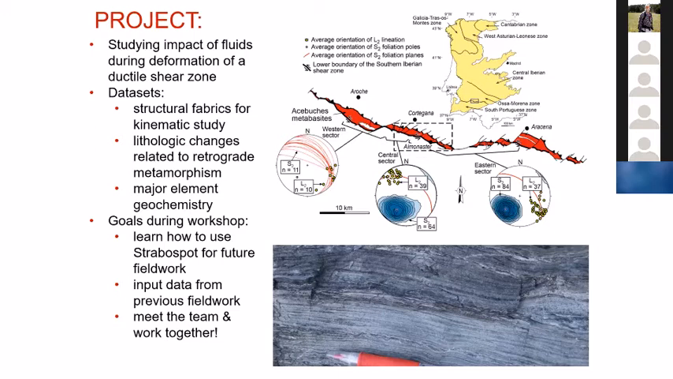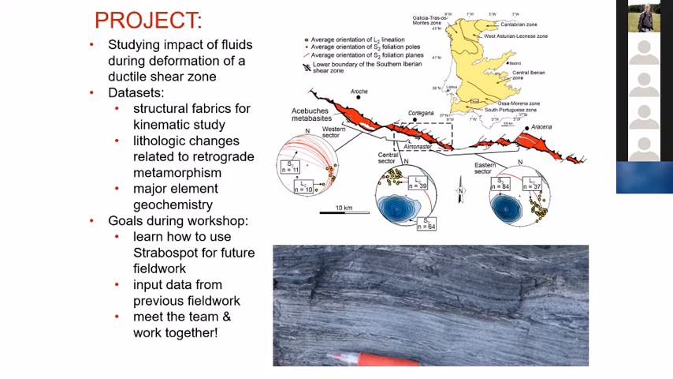So our project is just studying the impact of fluids during deformation of a ductile shear zone. So the data sets we are looking at are structural fabrics we use for the kinematic study. There are some cool lithological changes. These are metabasite rocks that have a retrograde metamorphism related to the shear zone, as well as some major element